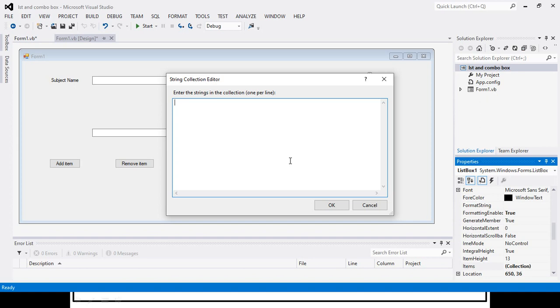Let us say I will put the colleges' names. Let us say KKWP, after that GGSP, after that GPN, after that GPD, GP Dhule, and here Nasik.